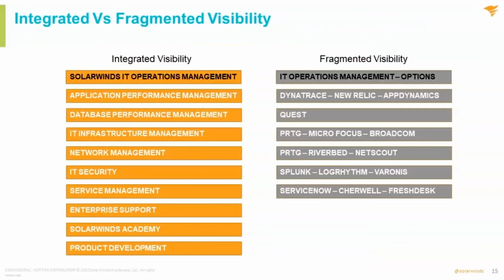Looking at that from an integrated versus fragmented visibility, on the left-hand side here, you have the integrated SolarWinds capability. On the right-hand side, you may have one or more of these technologies to help you monitor an environment. Some studies recently said that just on the network side, 25% of enterprise organizations have between 8 and 25 network tools or network products just to monitor the network. So fragmentation can be a major issue, so we're trying to help through integrating and consolidating all that down.